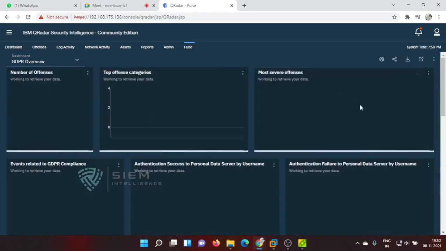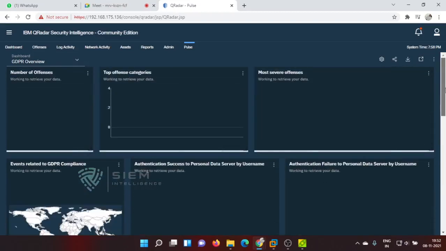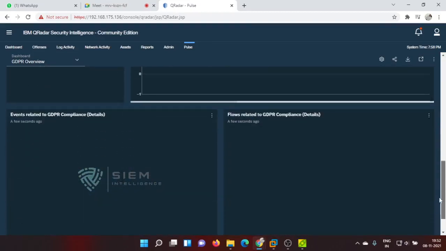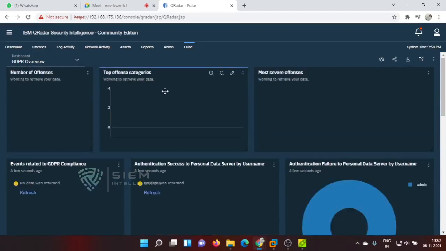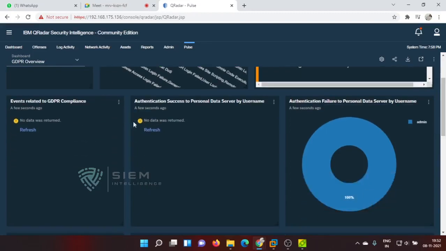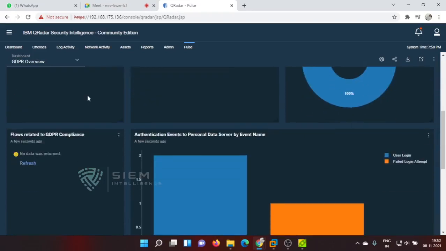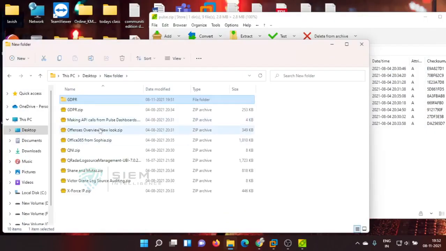Yeah, see, the data is getting, got it. So this is one of the beauty of this. So need not to create on your own. By default there are so many things which automatically create for you. All top categories, number of offenses, no severe, see, authenticate success, personal data by username, like that. There are so many things. At the same point of time, if you have any other dashboard, see, I'll show you some other thing, something like